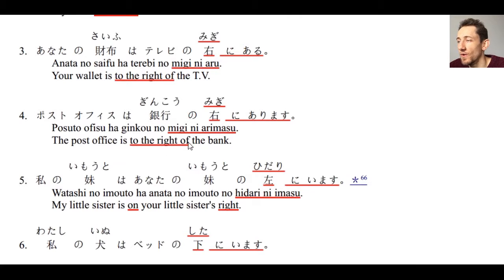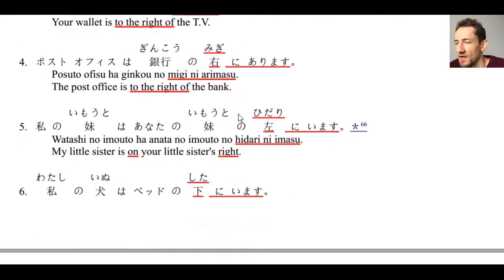So post office is to the right of the bank. Number five, watashi no imoto wa anata no imoto no hidari ni imasu. So my little sister is on your little sister's right. So of course, watashi no imoto, that's a living person. So we use imasu, iru, to